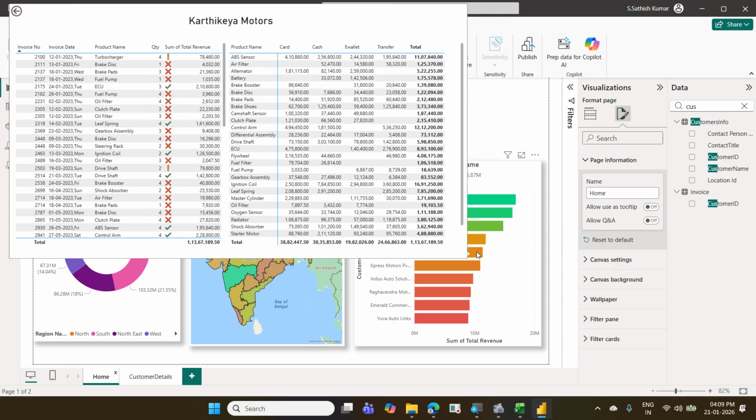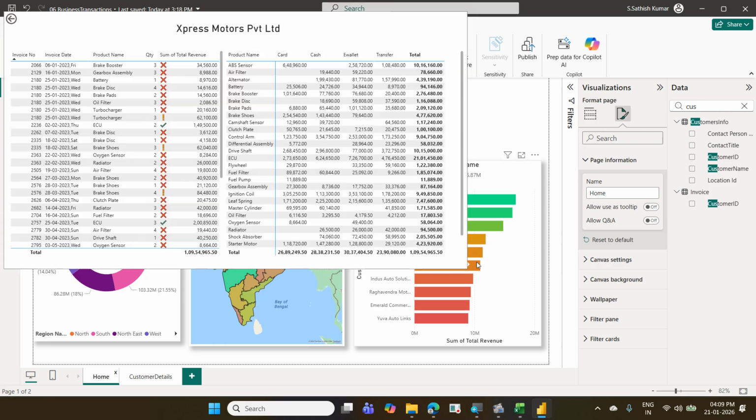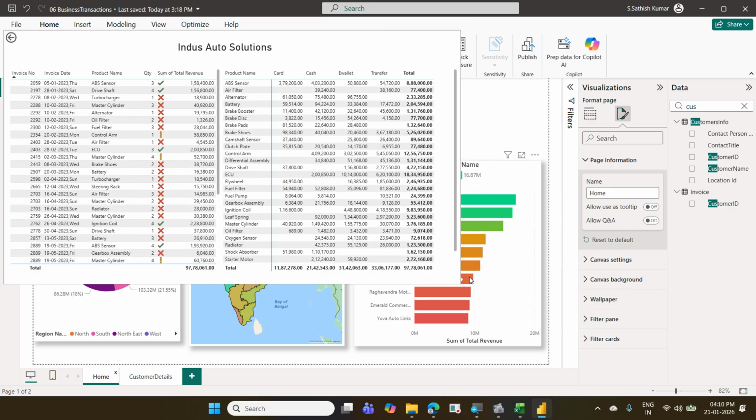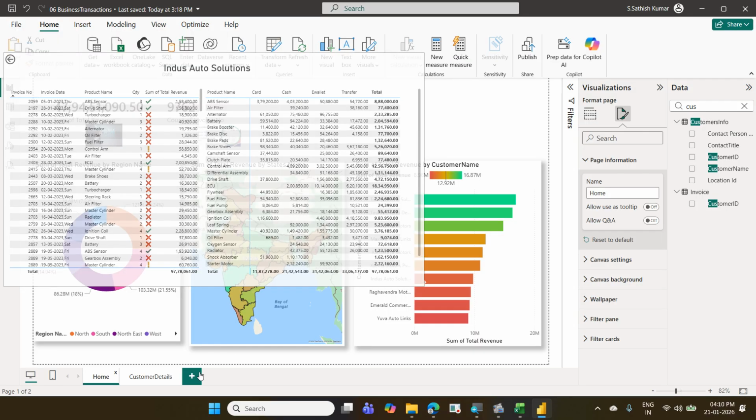Drill through is removed automatically. It's not happening. Once I drill through and go there, it is filtered. Now how to remove it? The back button will be there, but it's not working. I told you, if you are publishing, you have to click on back. If you are not publishing, you have to press the control key and click. But then again, when I go,